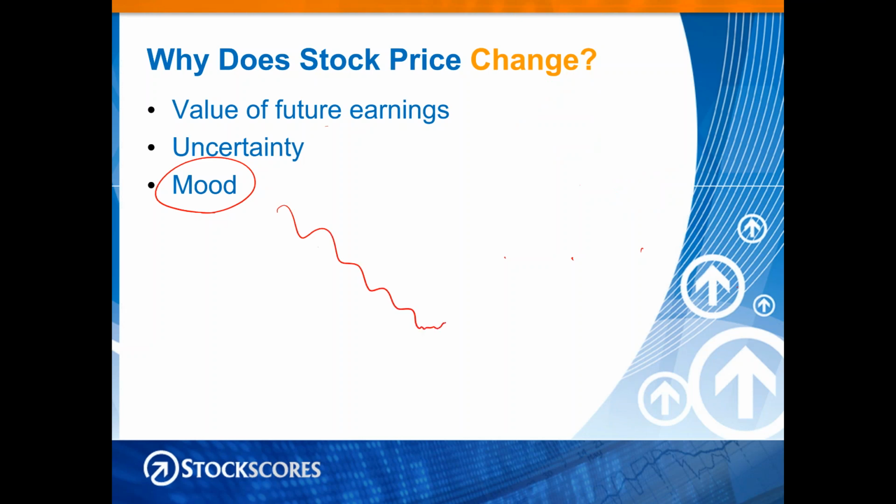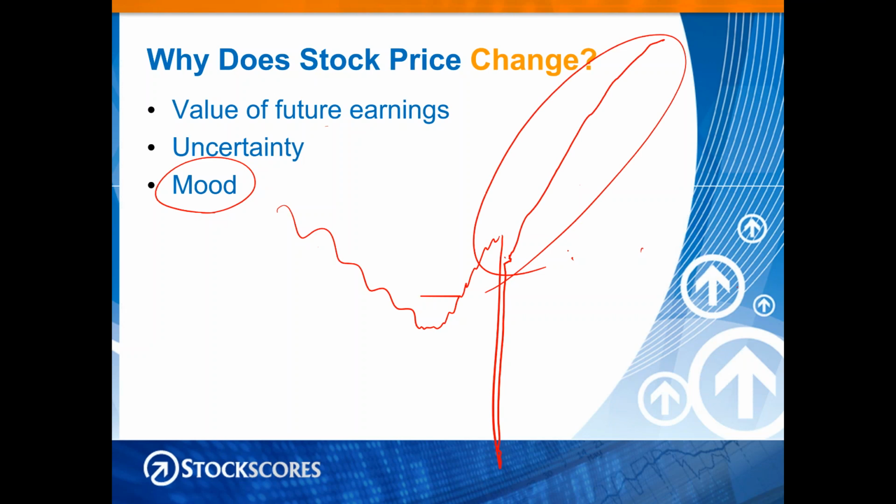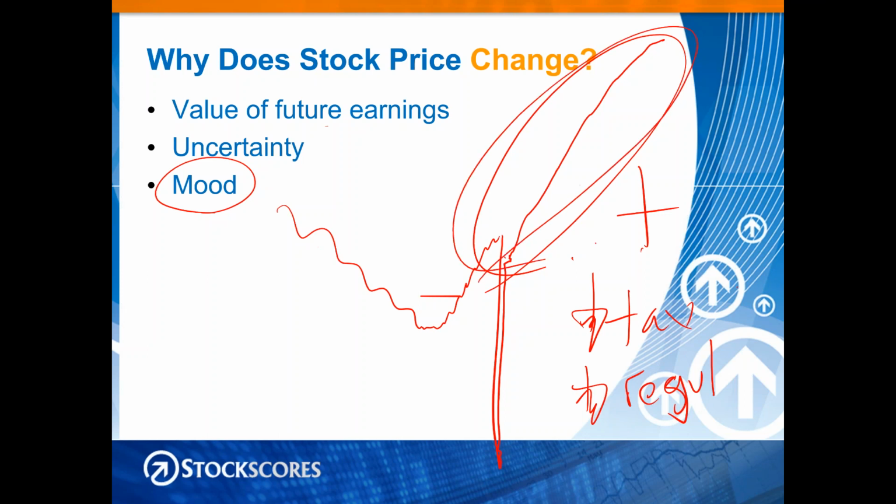But when uncertainty comes, like when Trump was elected, if you remember back in November, the market was moving lower, and then everyone thought Clinton was going to win, and the market started to move up. And then Trump won, and in the nighttime session, it went way down like this, but by the morning, it had come back up. And then in the weeks following the election win in November, the stock made a very sharp run higher because there was a catalyst for volatility. There was a catalyst for significant price change. And that was caused by the expectation that Trump's policies, which are lower taxes and less regulation, would be a positive for stocks. And that's why we had that huge rally after November.